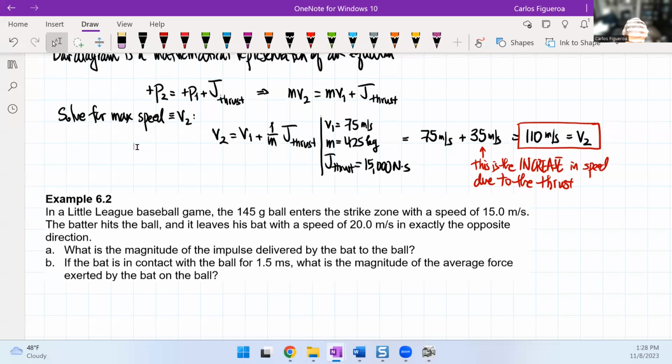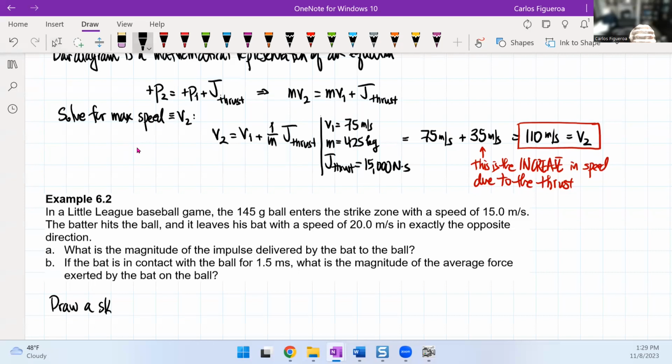I want you to do the very first thing that we talked about. Draw me a sketch of the situation. Draw me a momentum, an impulse momentum bar diagram. Okay. So what I'm asking you to do here is draw